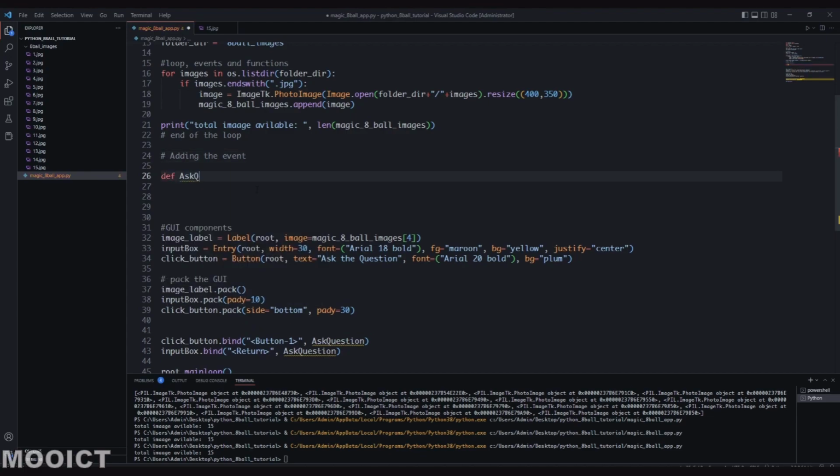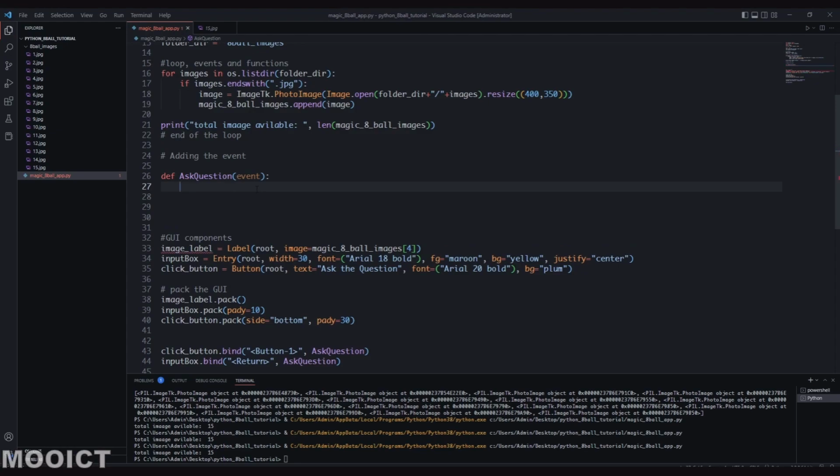We'll say def ask_question, and then because it's an event, we need to type in event inside of it, so it knows when it triggers that this is an event being triggered by a component. First thing we want to do is make sure that there is some sort of value inside of the input box, or the entry box. So if length of the input box.get, we need to use the get there so we can get whatever value is inside of the input box, is equals 0,